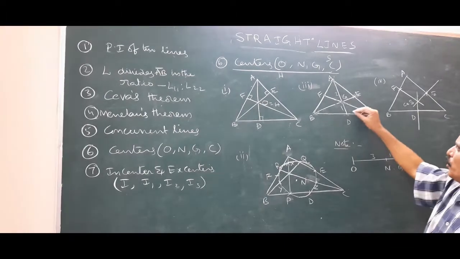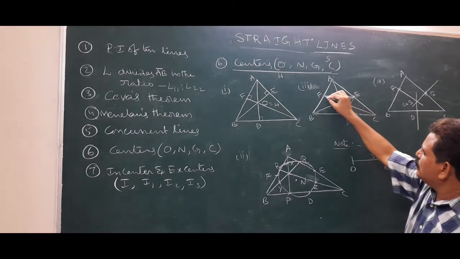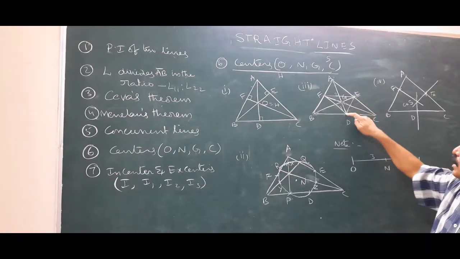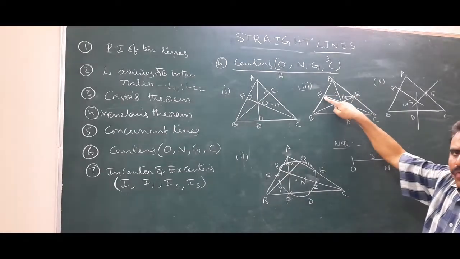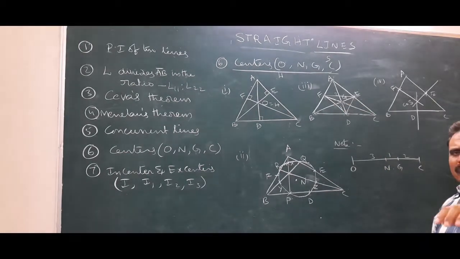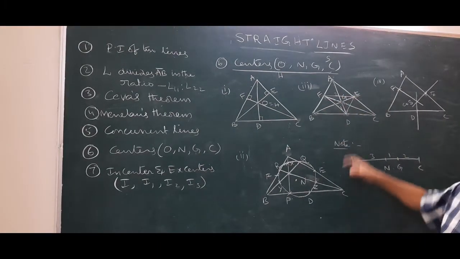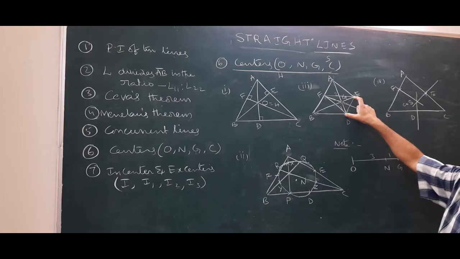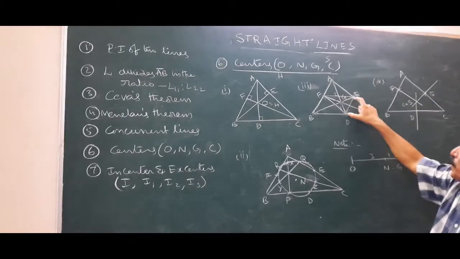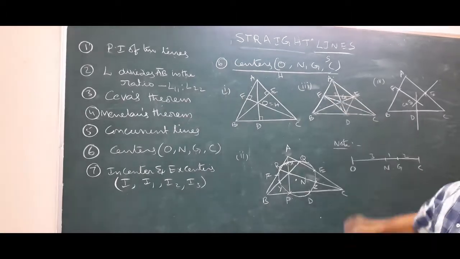There is one more point. These are midpoints D, E, F. This is the triangle formed by the midpoints. The area of triangle DEF is 1/4 of the area of triangle ABC. If the area of triangle ABC is 40, then the area of triangle DEF is 1/4 of it. DE, EF, FD are lines joining the midpoints. Each is parallel to a side and half of it: DE is parallel to AB and half of the side AB.